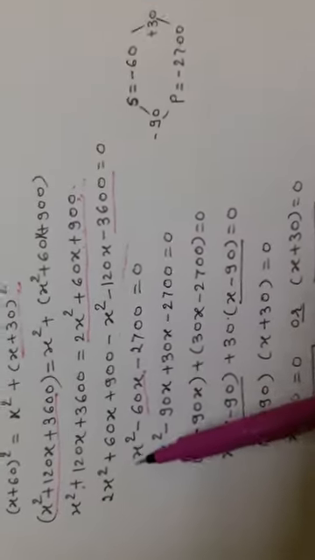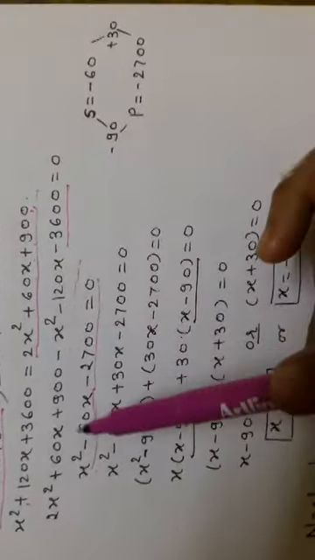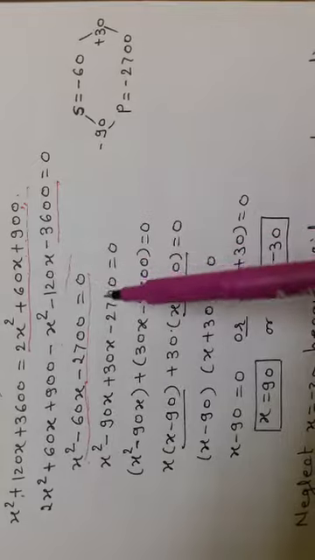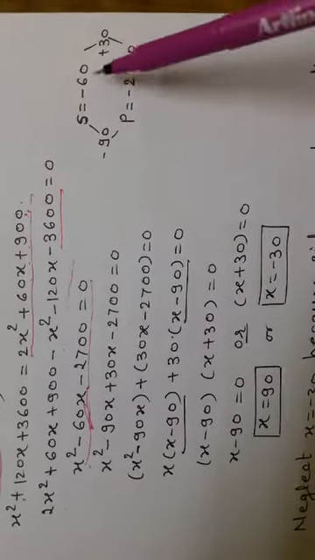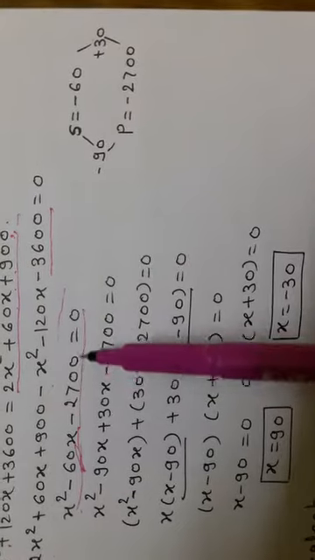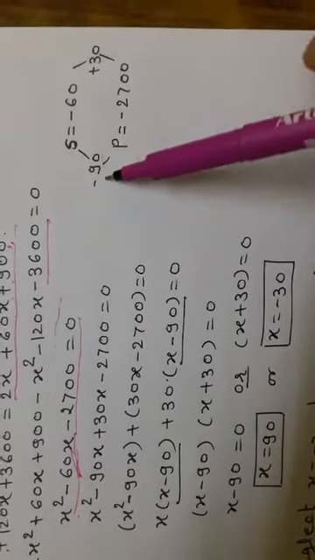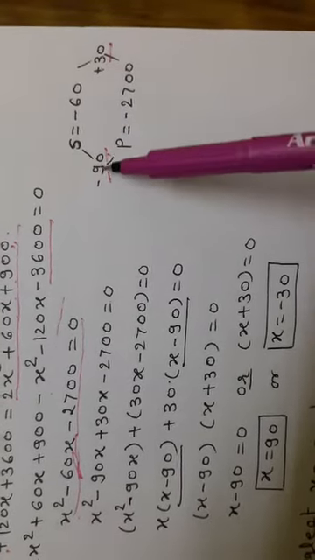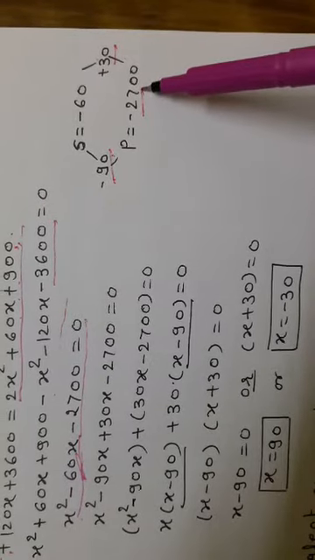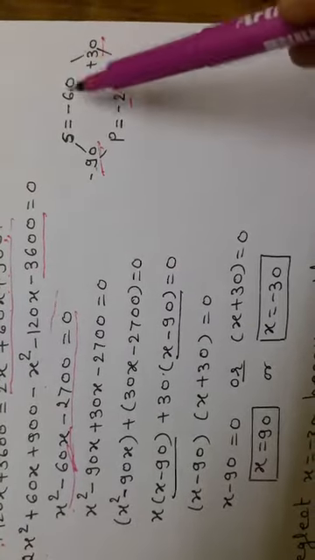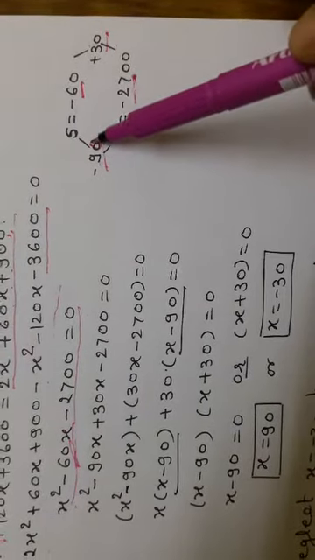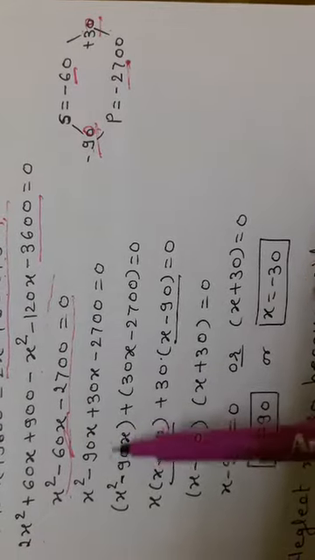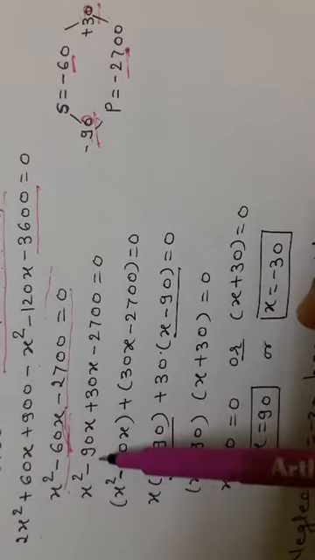Are you finding? This is a quadratic equation. We will solve this quadratic equation by splitting the middle term. The sum we want is minus 60 and the product we want is minus 2700. Which two terms will we consider? First of all we will take minus 9 plus 3. 9 threes are 27. Is the product minus 27? Yes. And minus 9 plus 3 means minus 6. And then we will add the 0 term here. So minus 90 plus 30, these are the two terms into which minus 60 is going to be split.